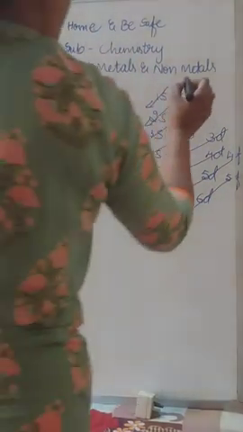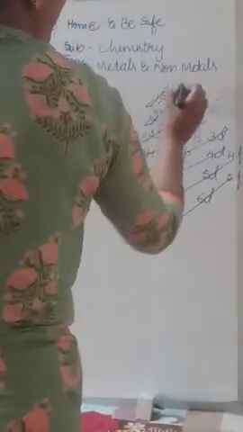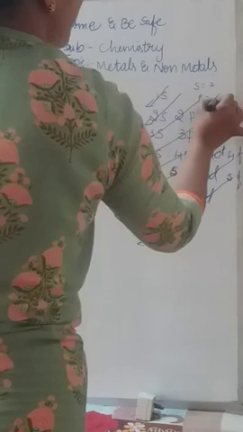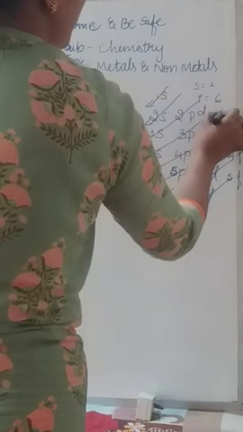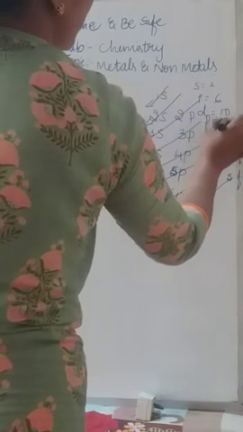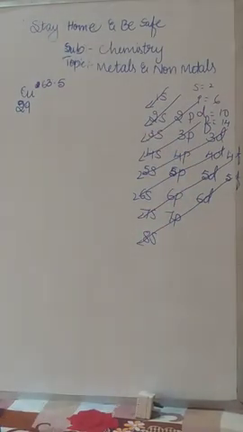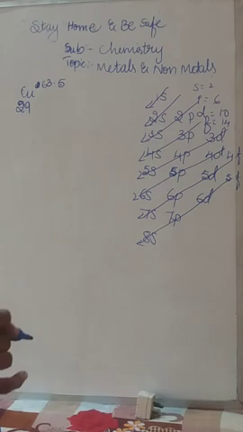Yes, the maximum electrons filled in an s orbital, as I told you yesterday, is 2, in a p orbital 6, in a d orbital 10, then the f orbital 14. So if you know this limitation, then it is easy to write the electronic configuration. Always we want to write the electronic configuration for the atomic number.